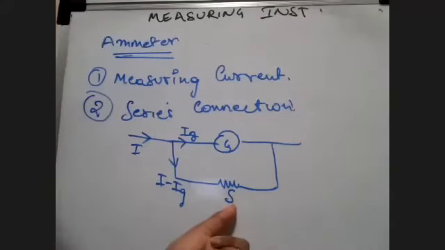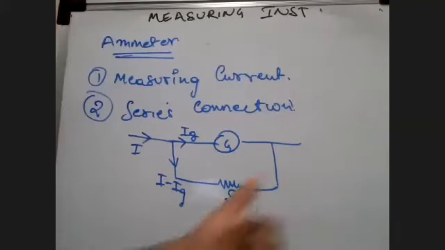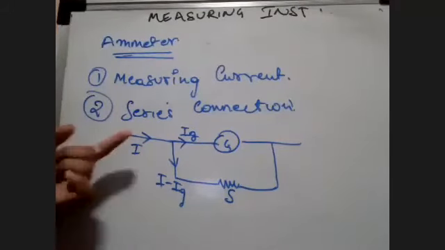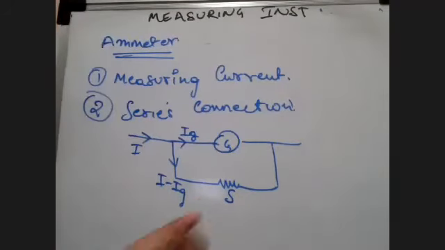So when you connect a shunt resistor across a galvanometer, the major amount of current is going to pass through it. And how will it pass? If the question is, how, sir? What if maximum current passes through the galvanometer? In that case, you have to select a resistor in such a way that the maximum current will pass through it and the least amount of current will pass through the galvanometer.